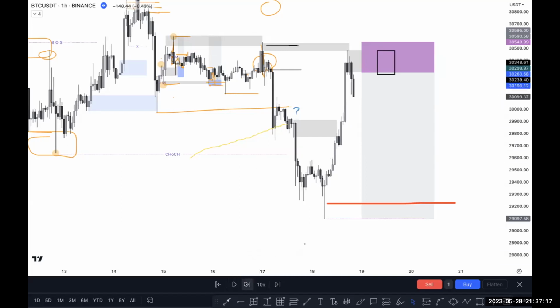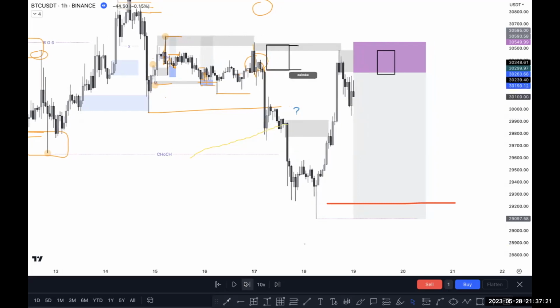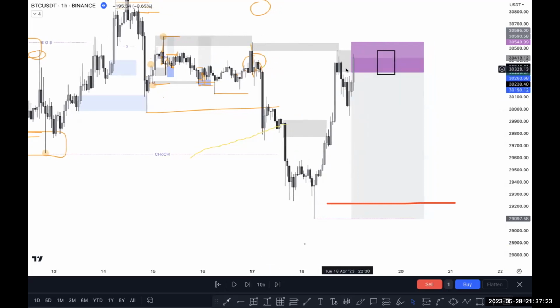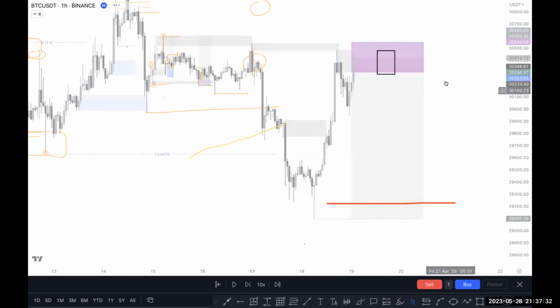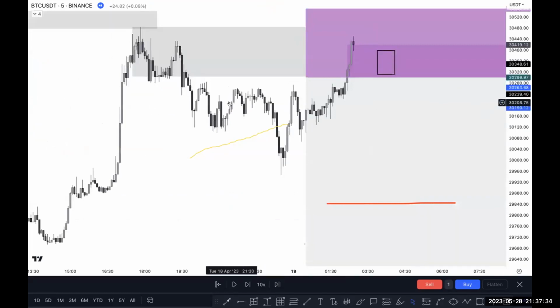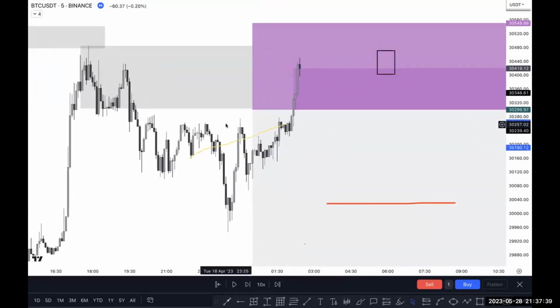So first of all, let's see, wait for it to mitigate this one. Okay, price mitigates here on your single candle order block, and now you have to switch to a 5 minute time frame to check if there is any chalk, anything happening here. Then you can switch to a 5 minute time frame, wait for chalk, and then you can take entry. Okay, so right now, where is our chalk? And when you are looking for sell,